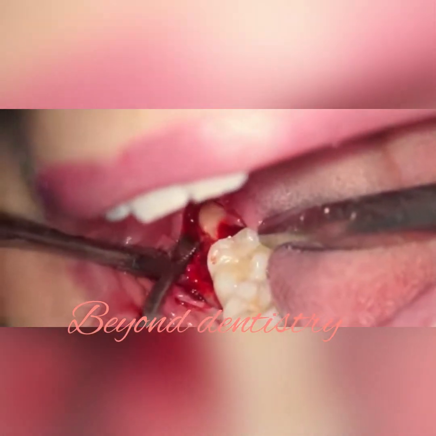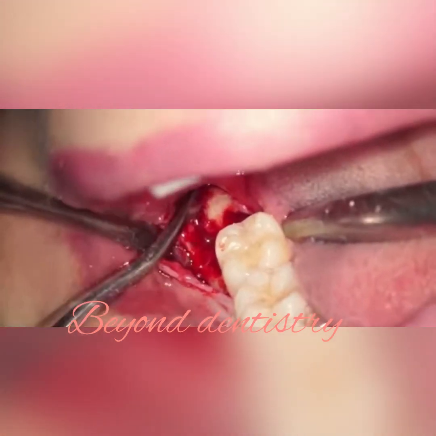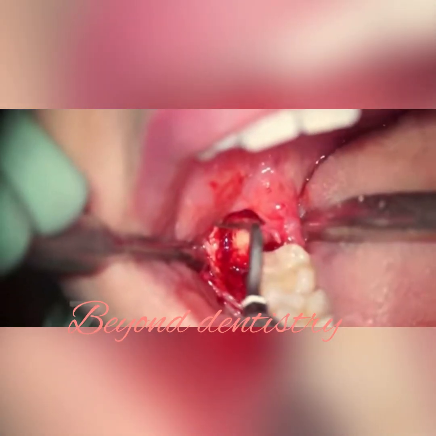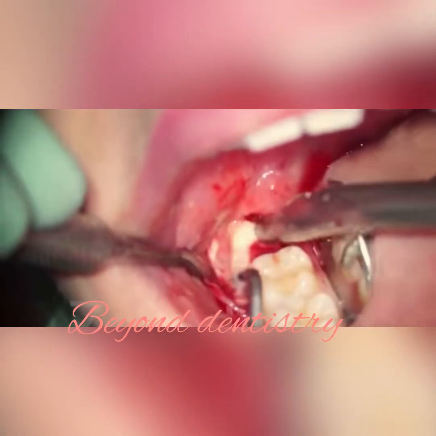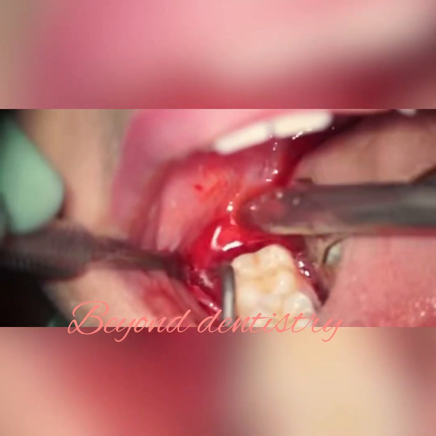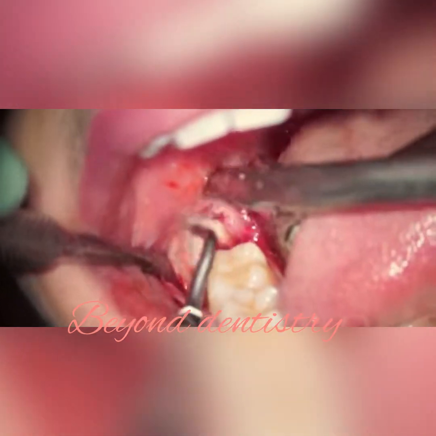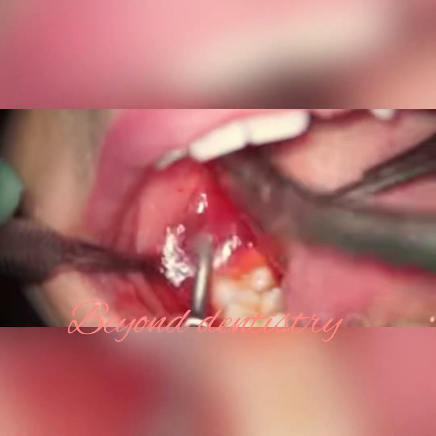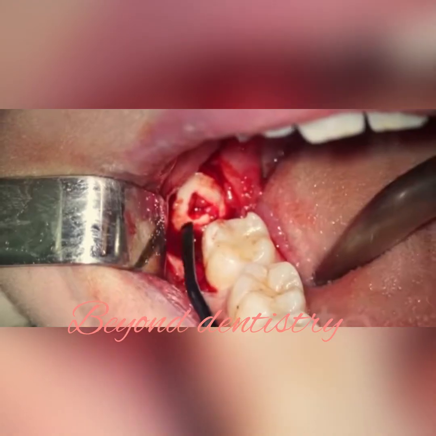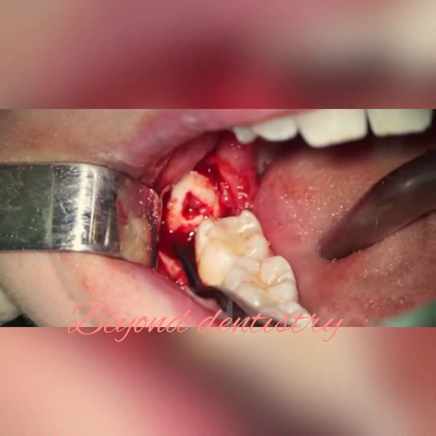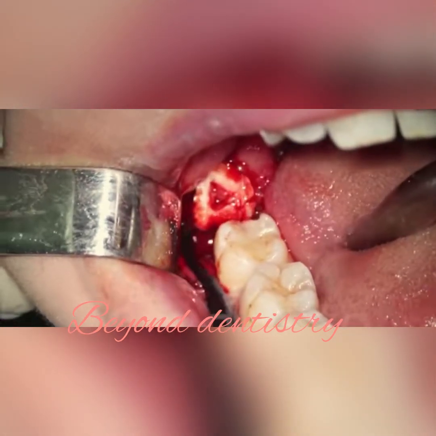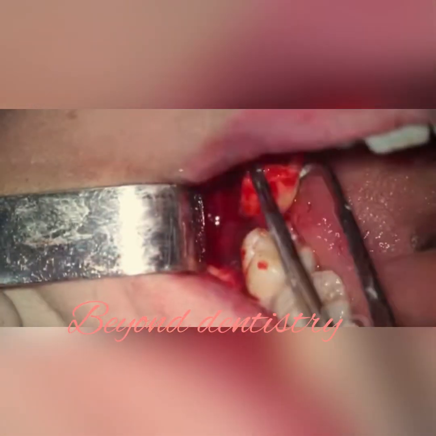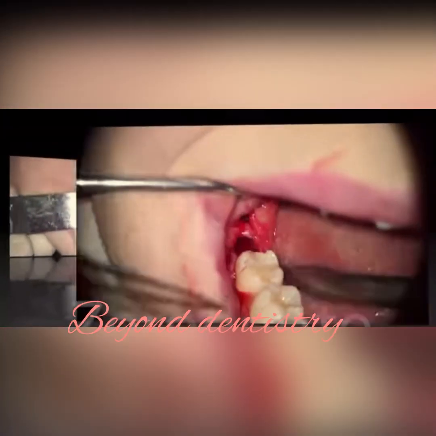While doing the root section, we take a straight elevator as deep as the apical region and lift up with a straight elevator, or we have a Crier. Now in this we create a gutter around the root area, as you see in this video. After that, we take a straight elevator and remove the root. Now it is taken with tweezers and removed.